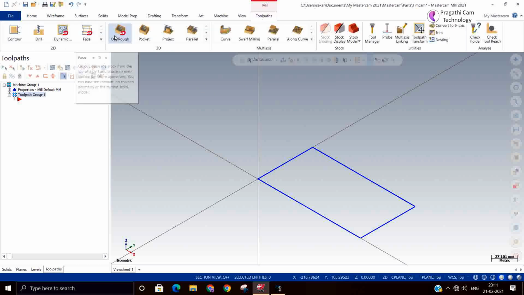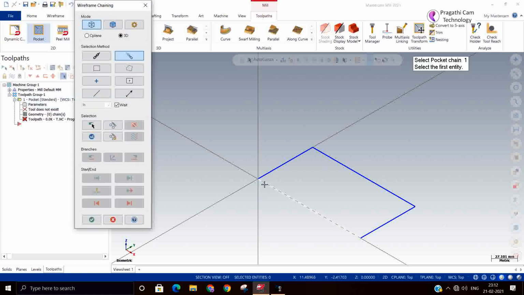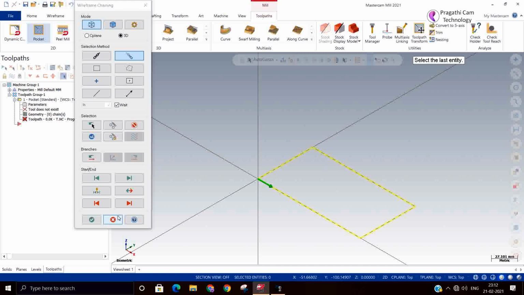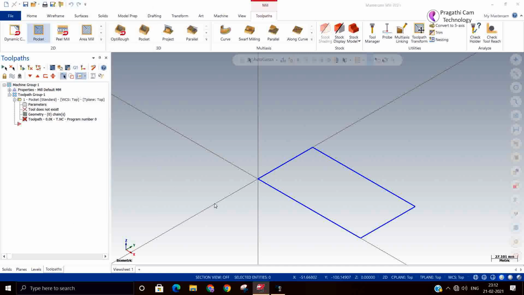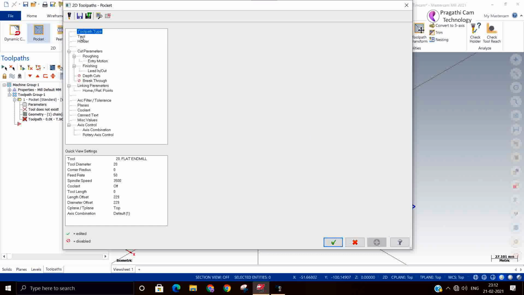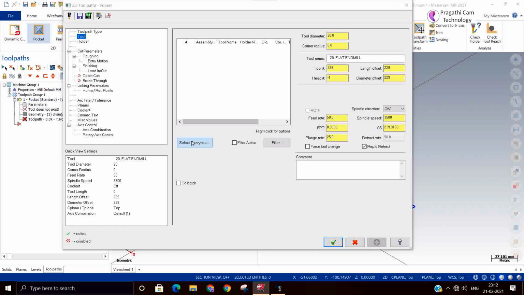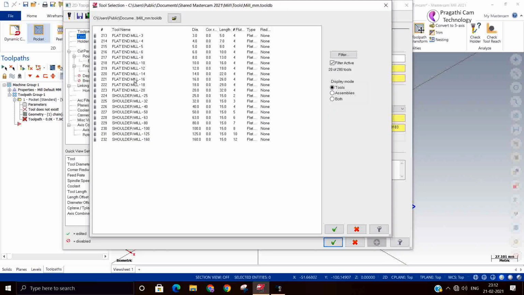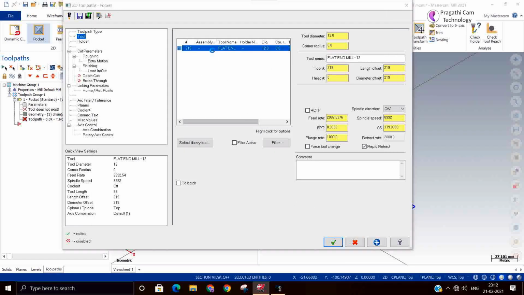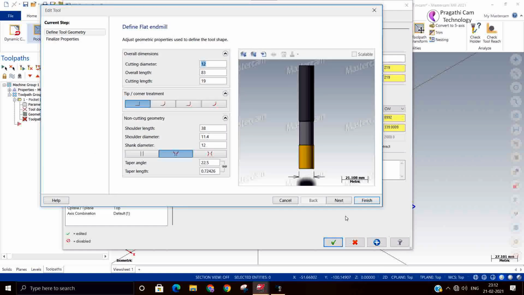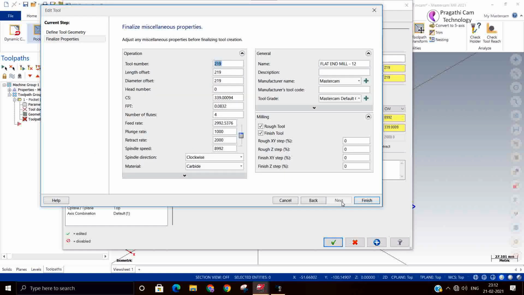So first I will make one simple rough toolpath, one pocket rough toolpath. I'll give the parameters and select the tool. I'll select a 12 flat end mill, tool number 1.